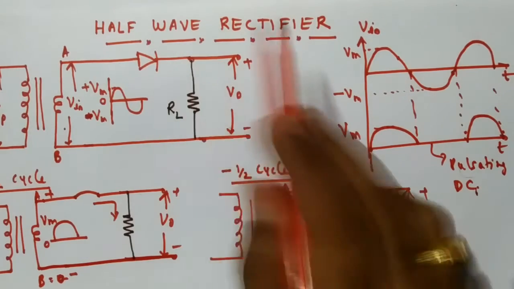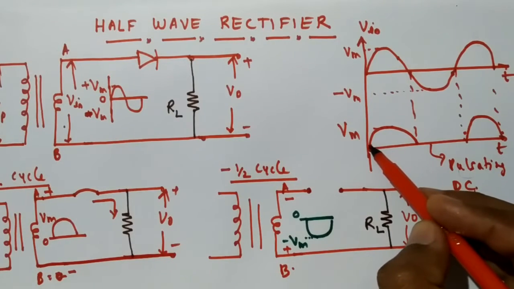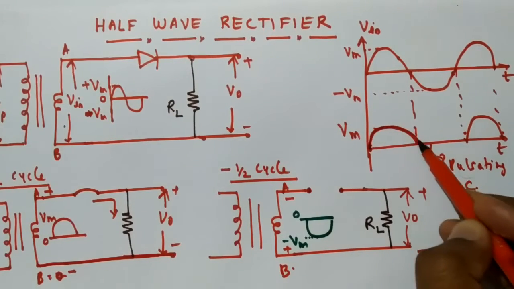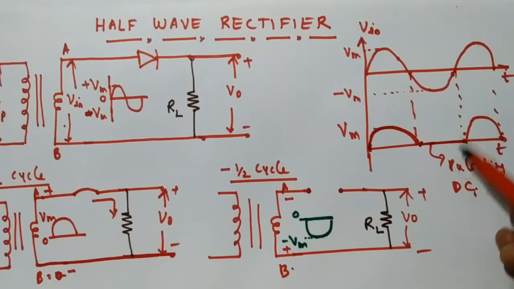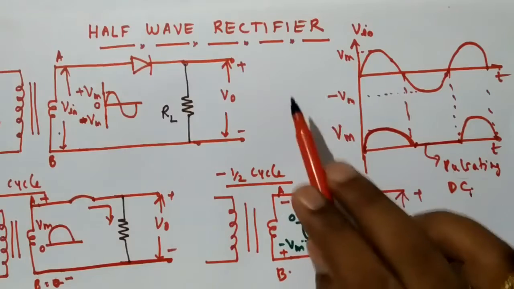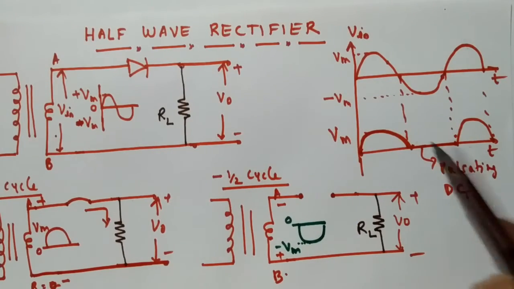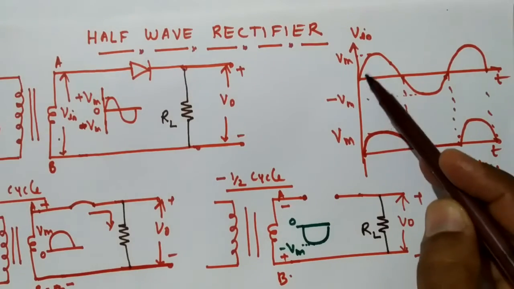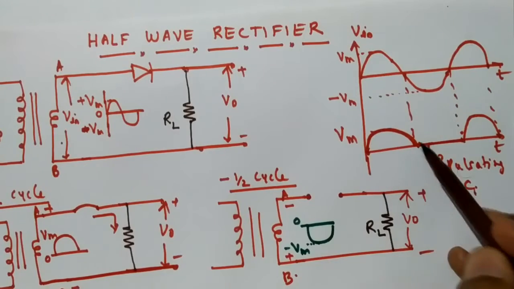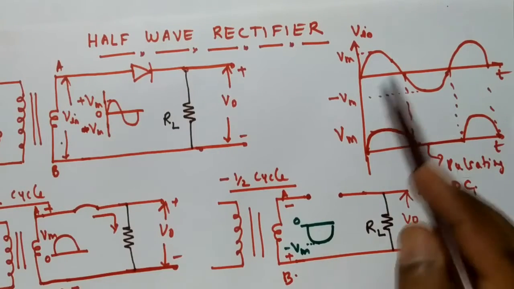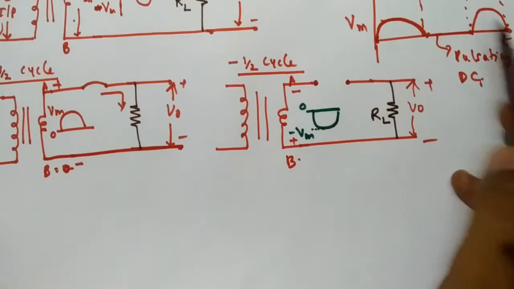Now, why is this called a half wave rectifier? You can see here, the current flows only in one half cycle of the input signal. The current will not flow in this cycle. That is why it is called a half wave rectifier. Now, in the output of the pulsating DC, what is the frequency? If the input has a particular frequency f, the output frequency is also f, because there is no change in the frequency. This waveform consists of both AC and DC.